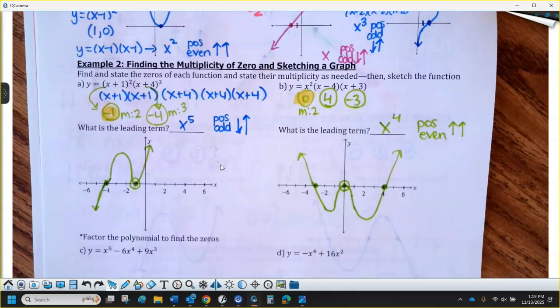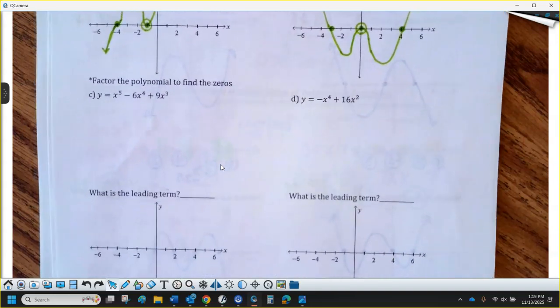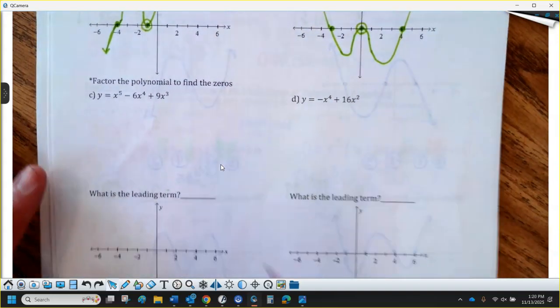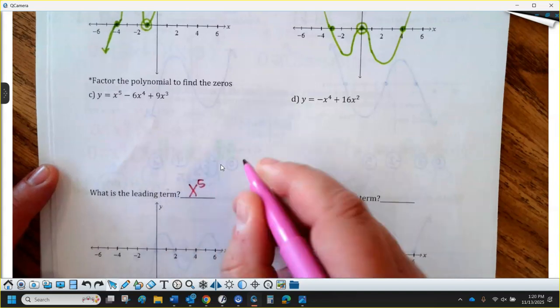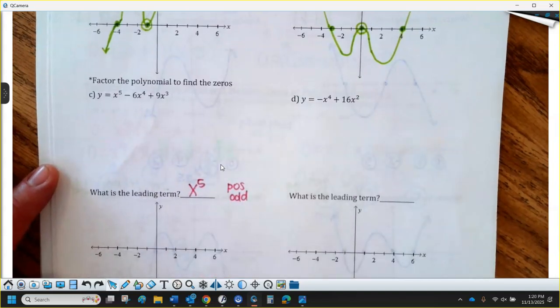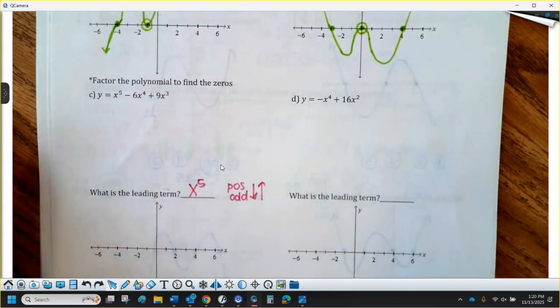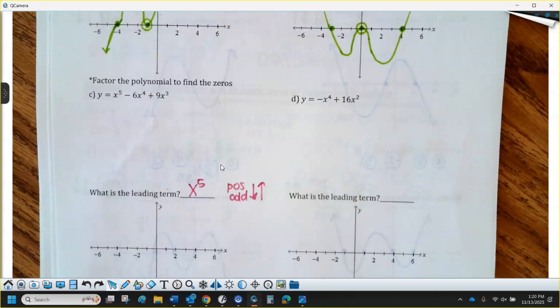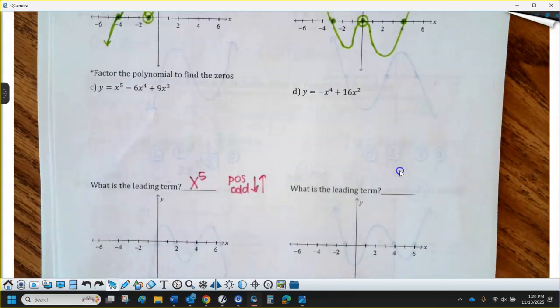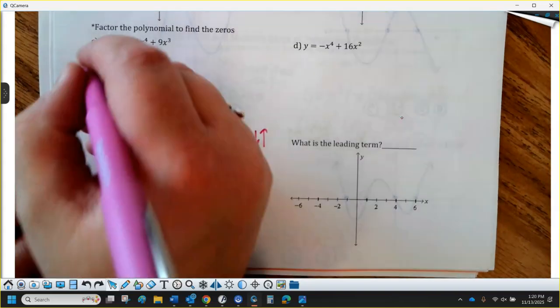Okay, now I'm going to do 2 more at the bottom with you guys. The worst part of these is they are not in factored form. Okay, so one bonus is you can see the leading term because it's in standard form. So I know this one is x to the 5th, which is positive and odd, right away. The problem is I know the end behavior would be down at the beginning, up at the end, but I don't know what the zeros are. So we're going to do what we did yesterday and just go ahead and factor. So on this one,